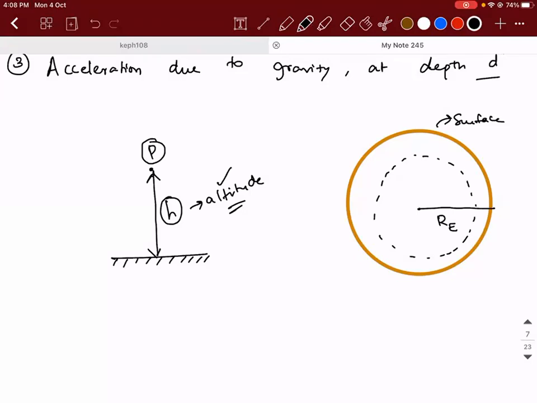If I ask you, what is the depth of the surface with respect to point P? What will you say? So P should be taken as a reference, correct? So with respect to P, if you measure any distance below it, that is called depth, right? So here, what should be the depth? If I draw a tangent here, and if I draw a tangent here, the perpendicular distance between them will be the depth. Accepted? Then what is this distance going to be? It is going to be RE minus D.